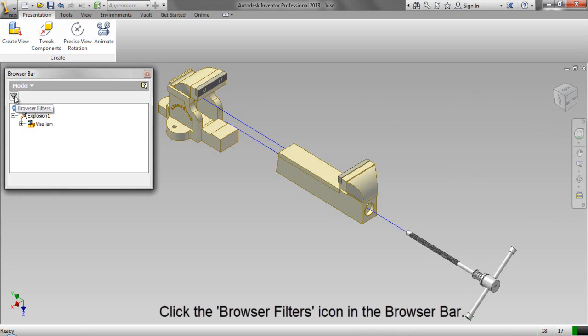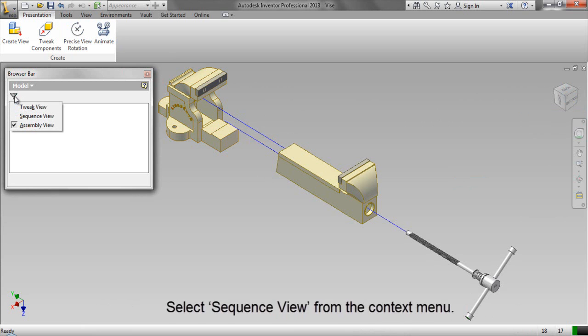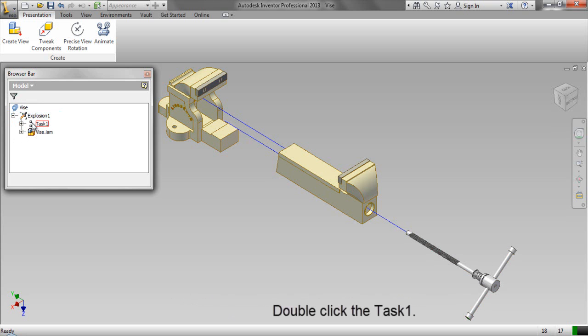Click the Browser Filters icon in the browse bar. Select Sequence View from the context menu. Double click the task 1.